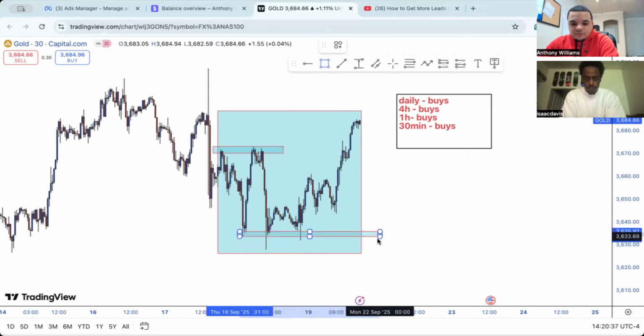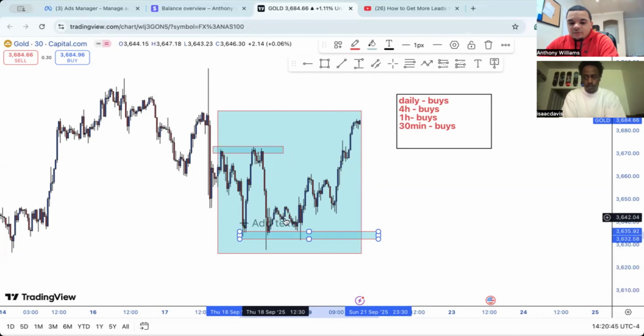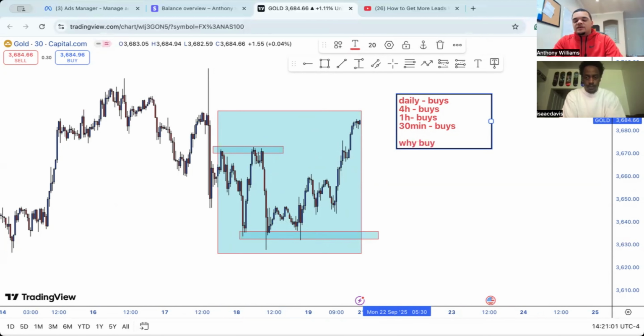Support is this. Support is what price is bouncing off. So basically price was at 36,032, so price was sitting right here bouncing at that number. So that means support. Always remember support is buying and resistance is selling. So we're gonna put buy, and these notes are literally for me trading.